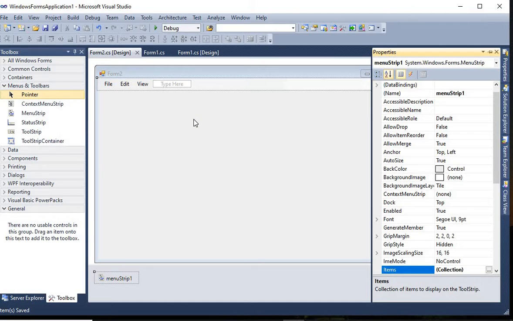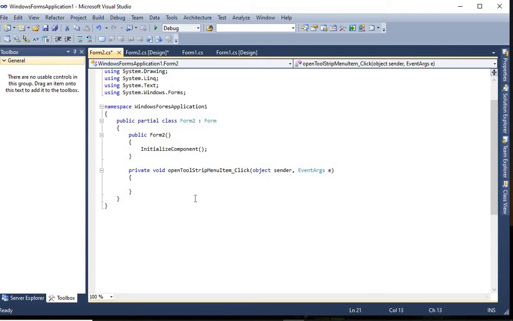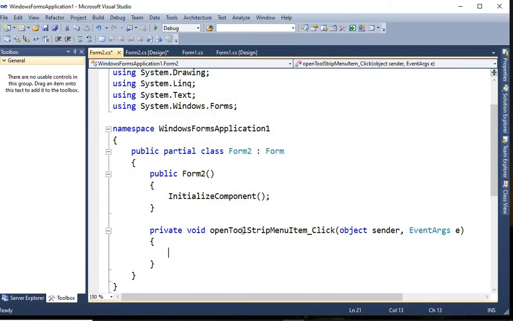Now for performing an operation, for example, if I click on Open, at that time a form should open. Just double click it. It will open the coding portion of the open ToolStripMenuItem underscore Click.